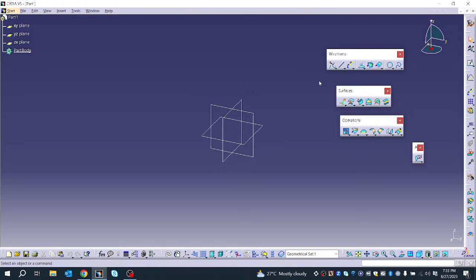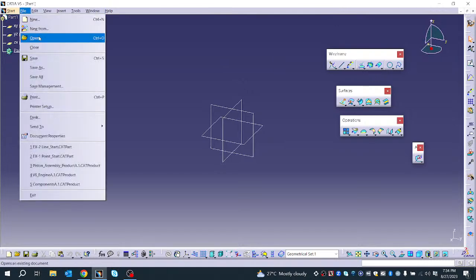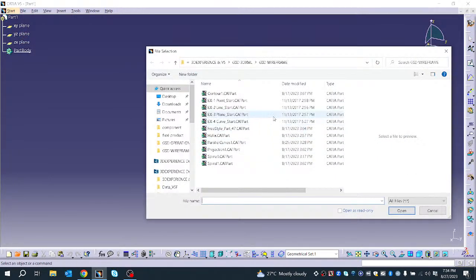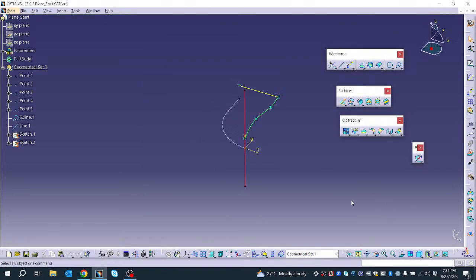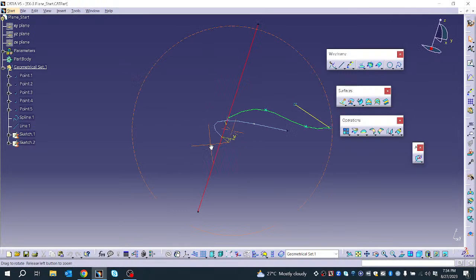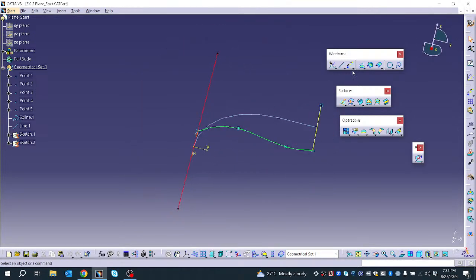This is Suraj. In the previous session we discussed point creation and line creation. Now in this session we will discuss plane creation. So I'm just importing the plane file. Okay. Now here I'm just selecting one of the